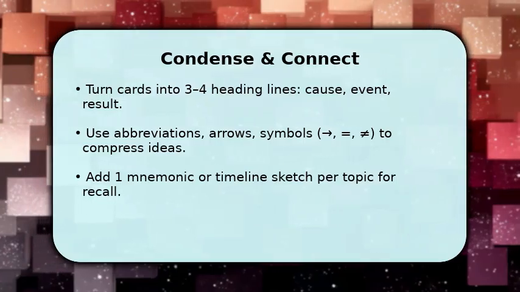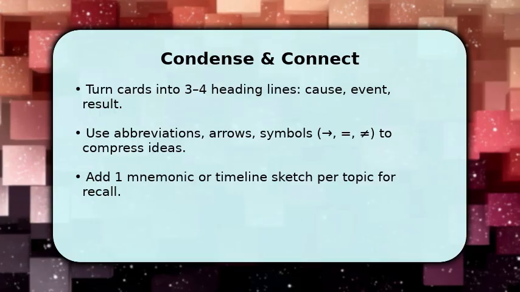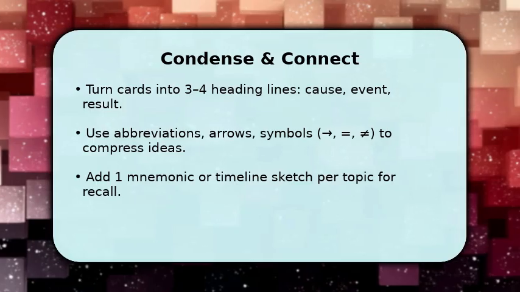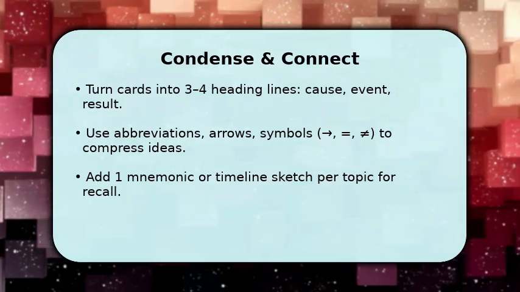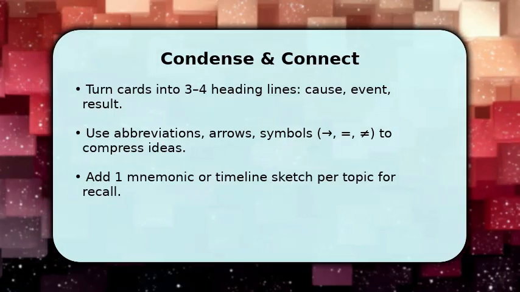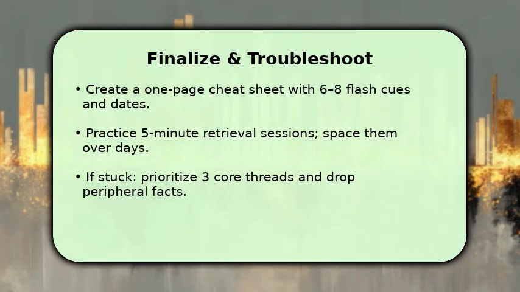Once done, write a 1-line causal chain for each event and add a mnemonic or tiny timeline sketch to fix order in your memory. Make sure to keep language active and specific, so each line triggers the larger story without full paragraphs. You finish by assembling a 1-page cheat sheet, 6 to 8 flash cues, key dates, and 1 causal